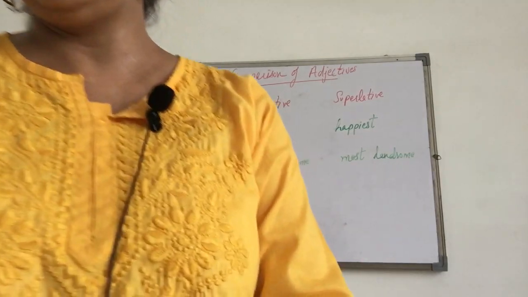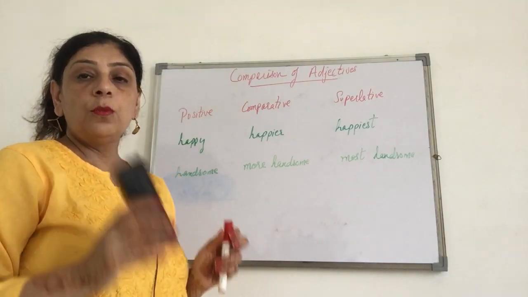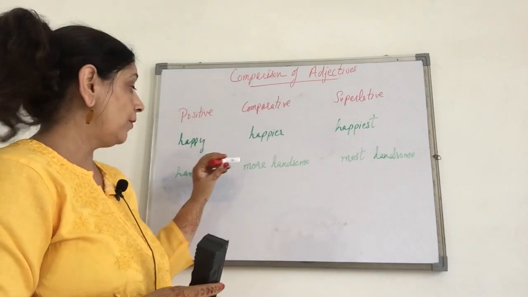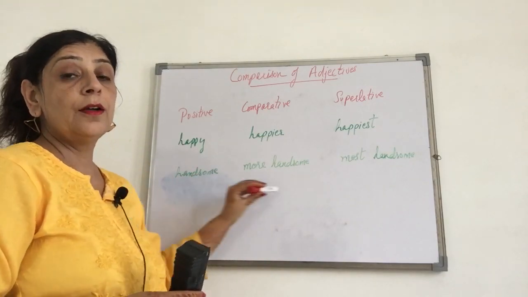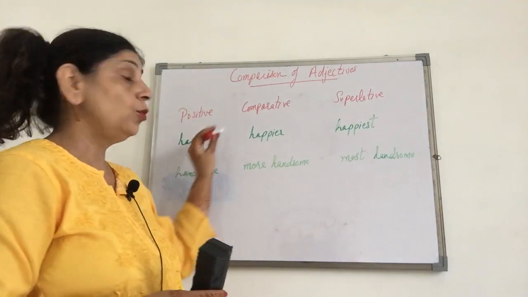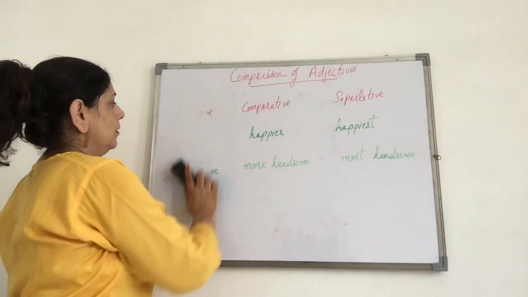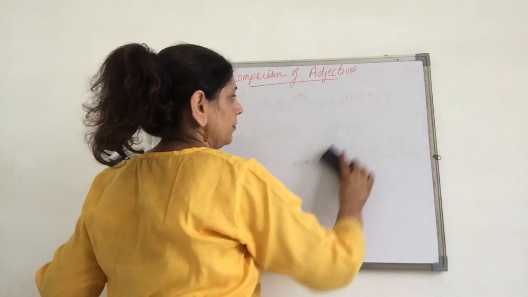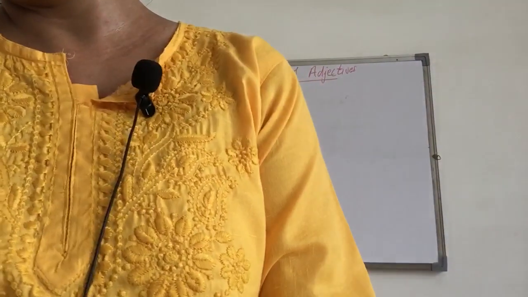This whole table is available in most of the grammar books, including your comprehensive grammar book. Open the chapter degrees of adjective and learn this table, regular as well as irregular. This is one way. Then there are others which cannot be made from ER and EST, like bad, worse, worst. Right? Then you should know this table. If you know this table, then only you can proceed. So before going through this video, you should learn this table. Then only you will be able to do it. Once you are acquainted with this, then come to the main rules.